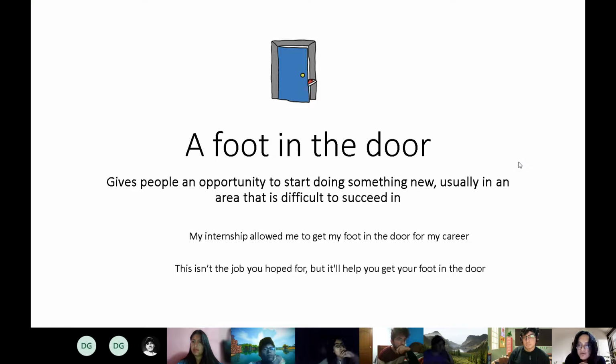Okay, you must not discount any job. See it as an opportunity to get a foot in the door. Very good. Okay, the president established more laws to help people get their foot in the door. That's right. Very good job, Lisette.